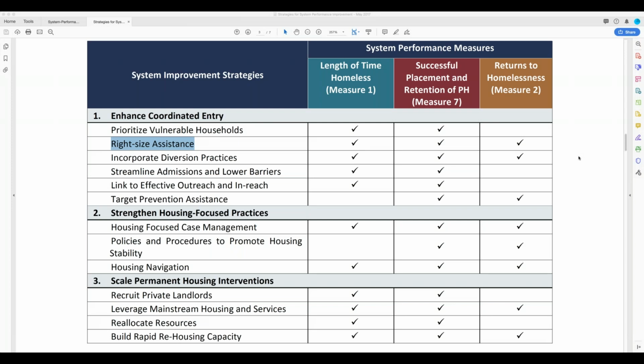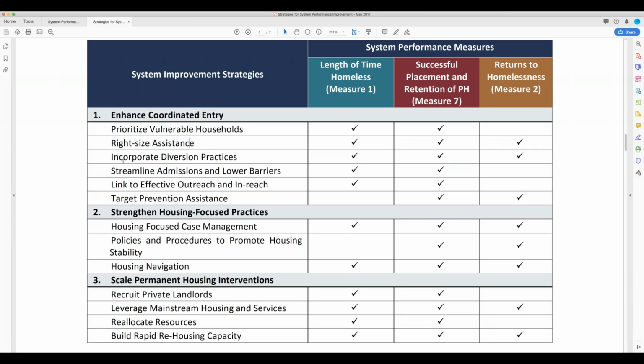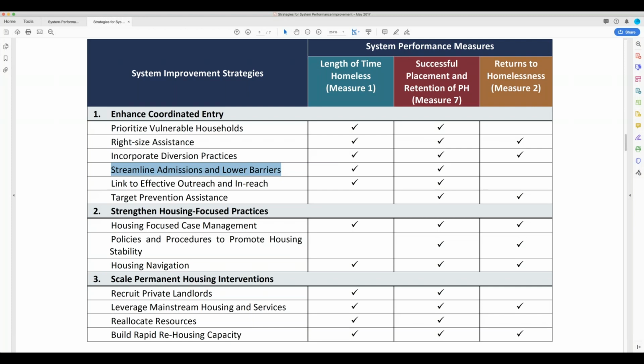You could have all the theoretical conversations that you want to have in the history of the world. It does not help for us to talk about streamlining admissions and lowering barriers. What helps is, where are the barriers and what are we doing to lower them? Because it could be the difference between someone taking 3 to 6 months to get housed and someone taking 2 to 3 months to get housed. That is a huge difference in someone's life. So thank you for thinking through those options and for being creative in that way.